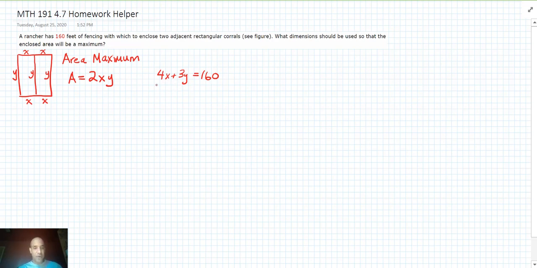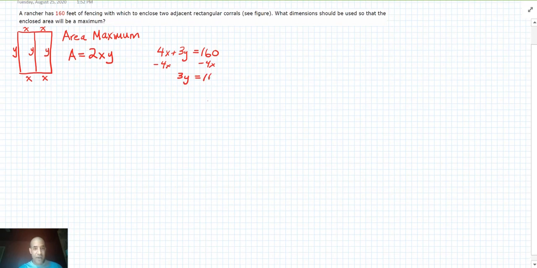So I'm going to solve for one of the variables here. So subtract 4x on both sides. This is the nice, easy, comfortable algebra part. 160 minus 4x. So y is equal to 160 minus 4x all divided by 3. And I'm going to substitute that back in for y over here. So I solve for y, and I'm substituting that expression back into the function I'm trying to maximize. So A then would be equal to 2x times 160 minus 4x